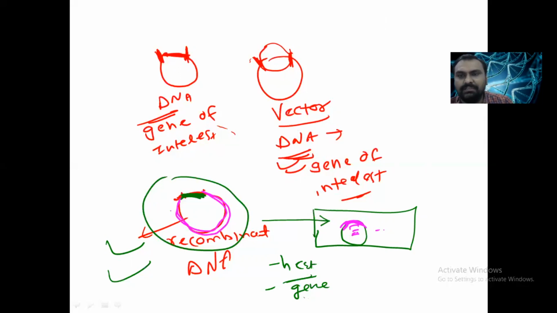Or if we use the expression vector, so if you want to make a product like insulin, in that case we use the expression vector. If you want only copies of the gene, we use the cloning vector. If we want to make any important products, important proteins, then we use the expression vector. An expression vector contains a promoter region, enhancer region and so on, which help in translation and ultimately producing the proteins.